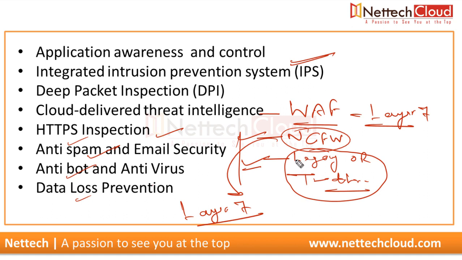So the point here is, then what is WAF? Web application firewall, because they are also known as layer 7 firewalls. So how is WAF different from next generation firewall? It's a very basic question, and it must be coming up in your mind: if I have a next generation firewall in my environment, do I still need a WAF, web application firewall? And if yes, then why? Because a next generation firewall also operates up to layer 7, and WAF is a layer 7 firewall. So why do I need a WAF then?